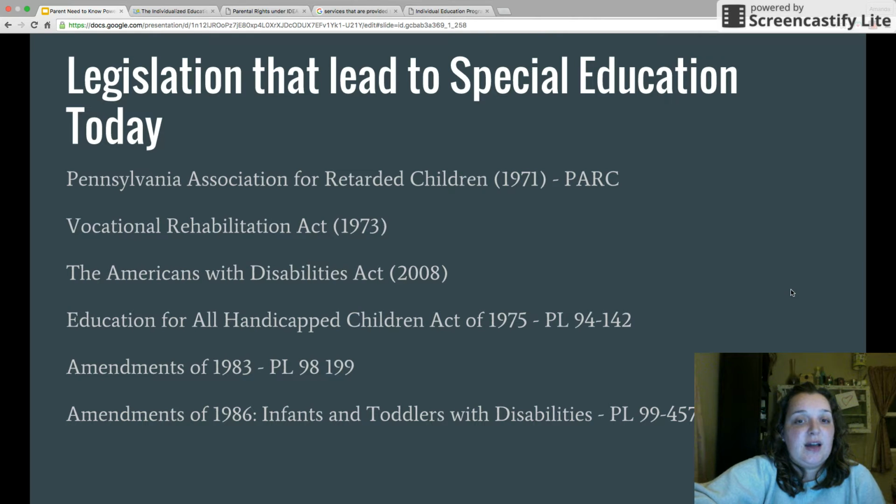This case was a decision based on the 14th Amendment, which assures all children, including those with disabilities, the right to a free, appropriate education. Decisions such as this one led to the passage of other important laws, like the rest of these, and many more that were brought up. The Vocational Rehabilitation Act relates to non-discrimination under federal grants, which required that